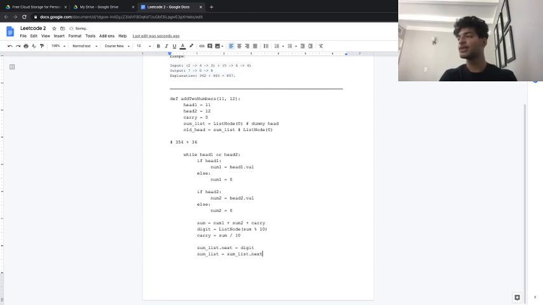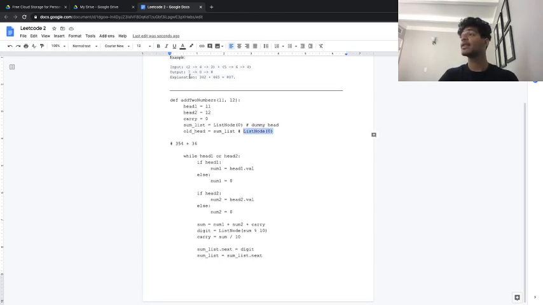And so what this is doing is, if we take a look at this example, the first node that we're adding on to our dummy 0 node is going to be the 7. And so once we do that, we want to say that our next node after our list node 0 will be the list node 7. And we want to move our current node from our 0 to our 7,